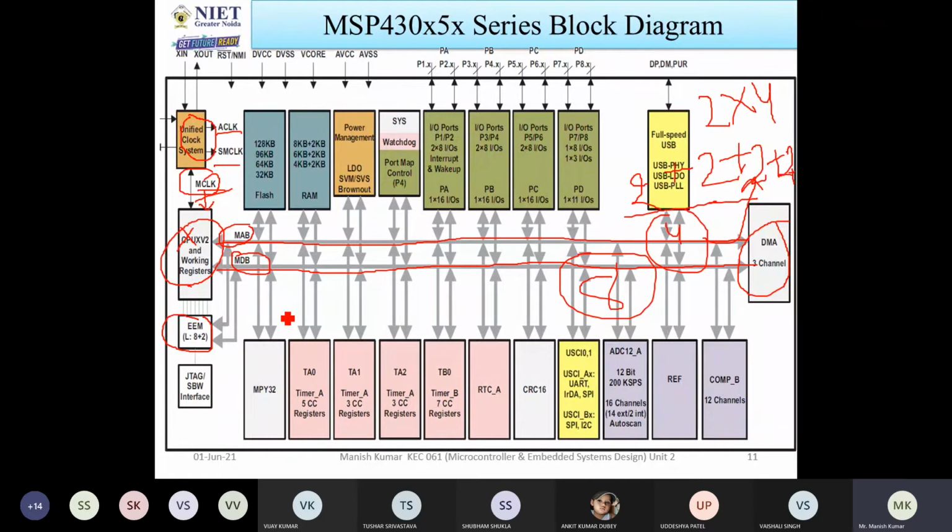Just as we have a compiler, if you are writing a program in C, the compiler is there. Here EEM is responsible for that, so it will be used to debug the code. When I discuss the lab experiment on the MSP430, I will show you how you can debug the programs.